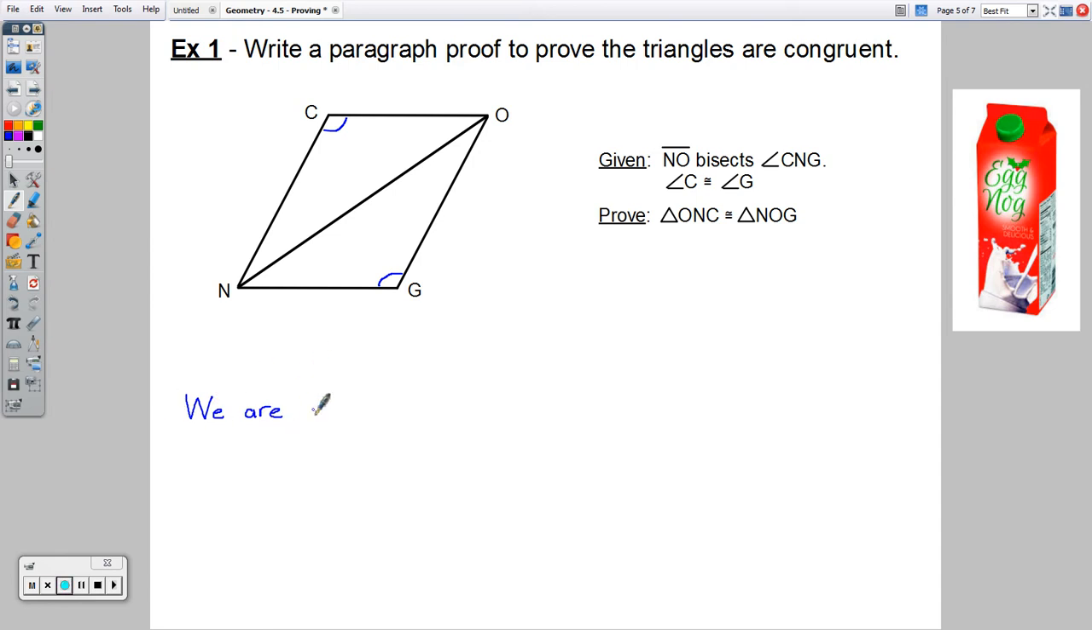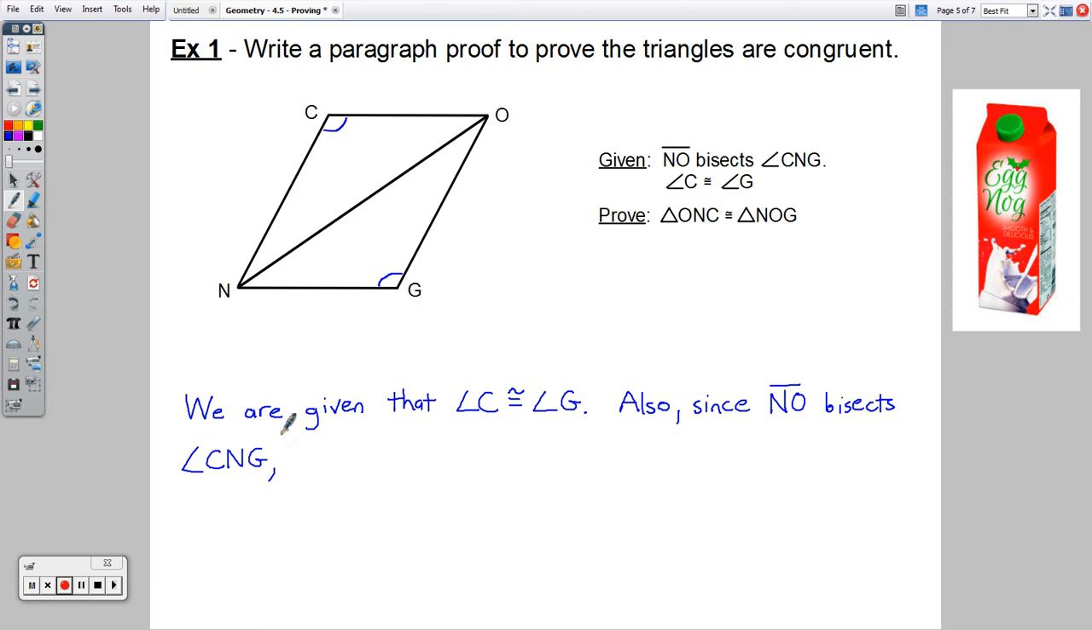So I'm going to start though by saying we are given that angle C is congruent to angle G. Okay, so we started with that. We've got that labeled in our picture. And now we can say something about bisecting is going to tell us something else in this picture. So let's say something like this. So also, since segment NO bisects angle CNG, we can assume that,